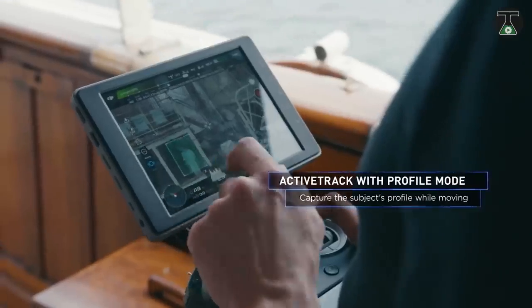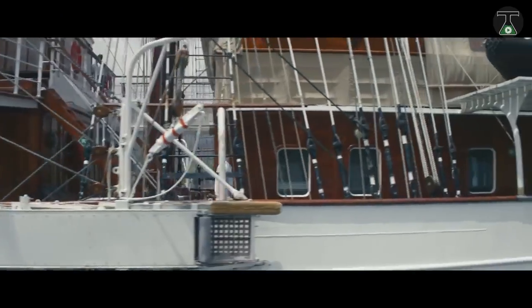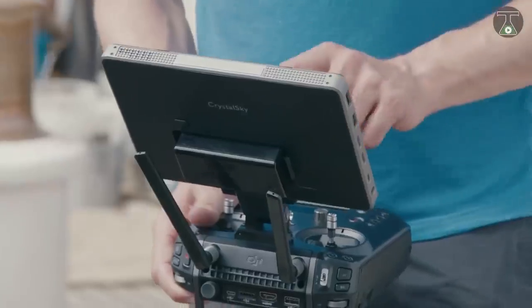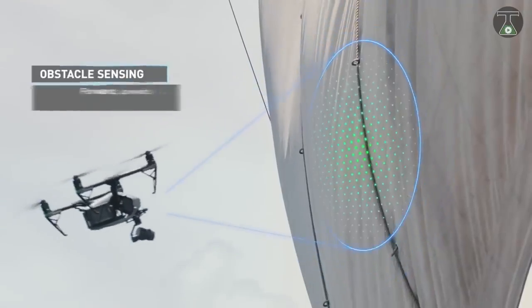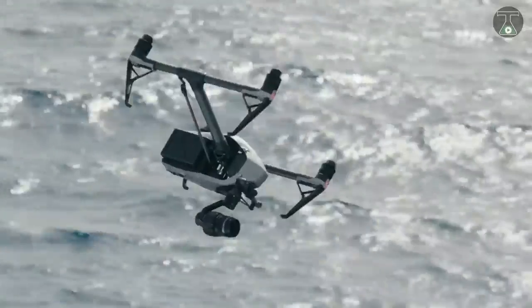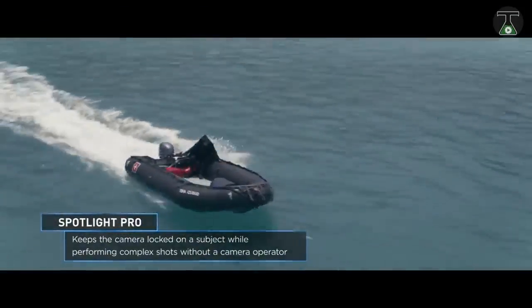DJI Inspire 2 Cinema Premium is a highly valued and premium drone which has a space of around 19 inches between the propeller arms, allowing the drone to move around freely. The drone has a flight time of around 27 minutes and has a flight control range of under 7 kilometers. As far as the speed is concerned, the DJI Inspire has an impressive speed of 94 kilometers per hour. It also offers